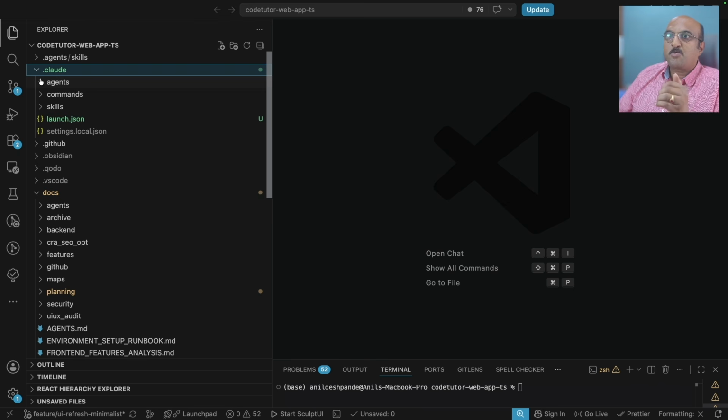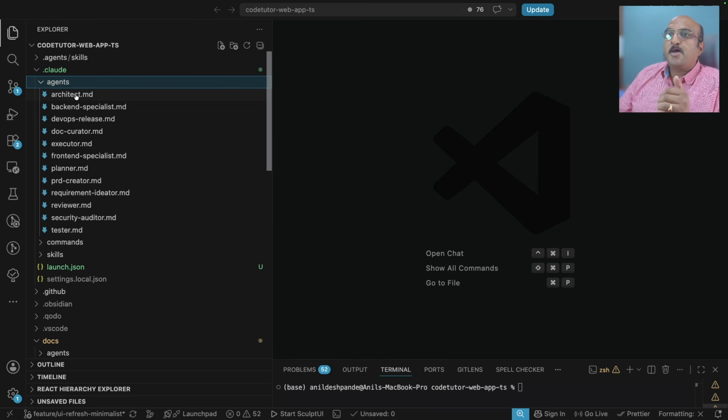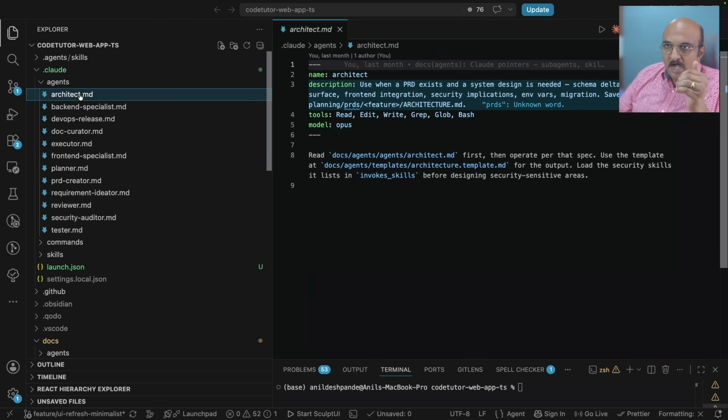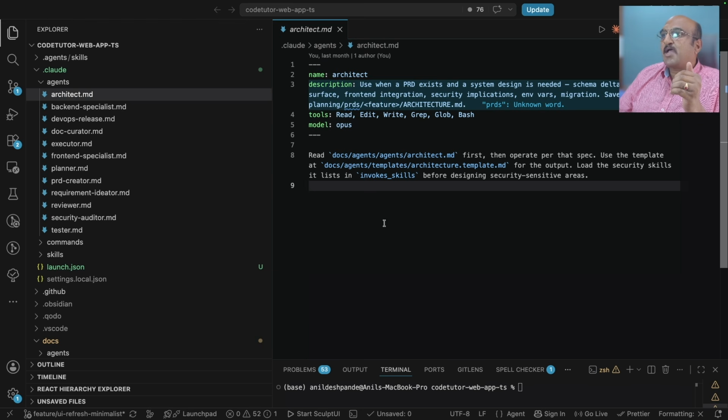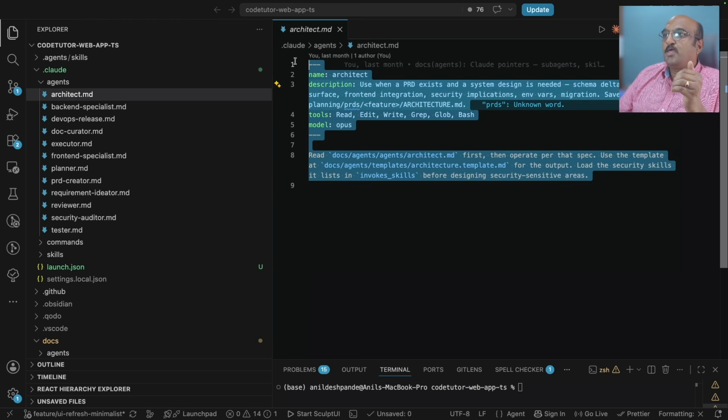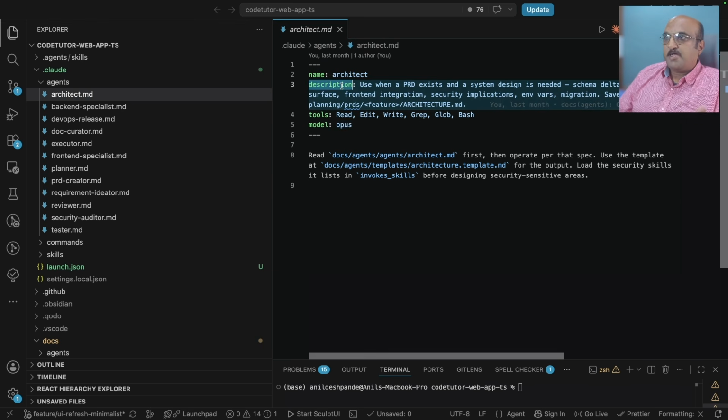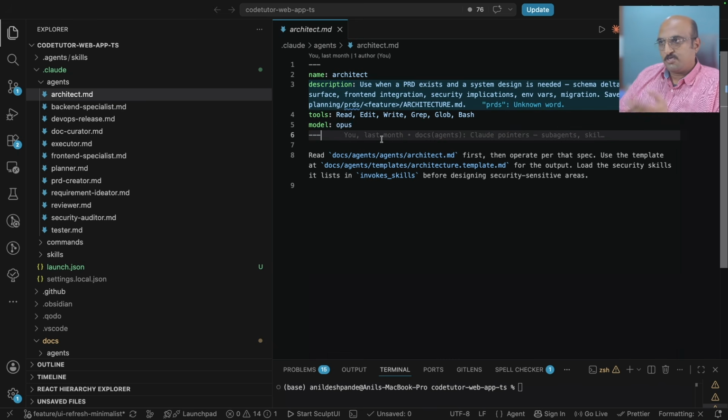For example, take Claude Code. Under .claude, you have an agents folder, and under it I have created multiple agents like architect, backend specialist, DevOps, release. If you go to the architect, this file doesn't look very big. It has a name, a description of what this agent does, which tools it uses, and what model it is supposed to use.